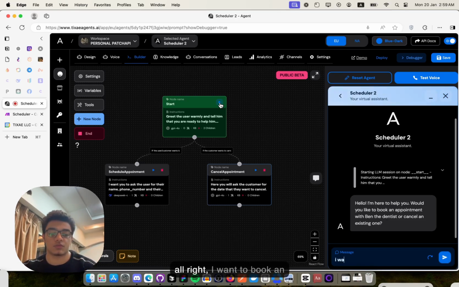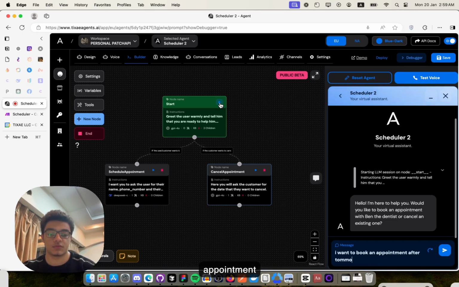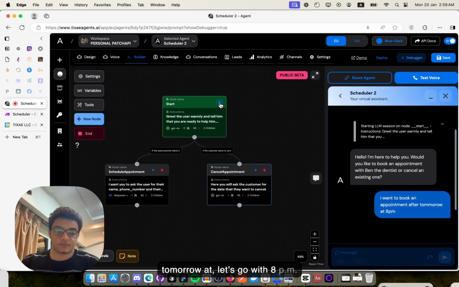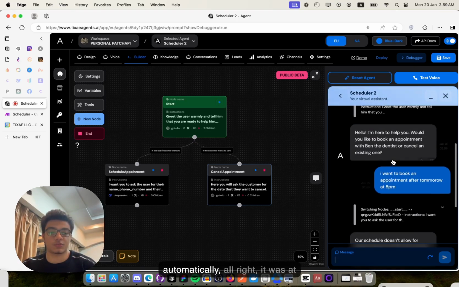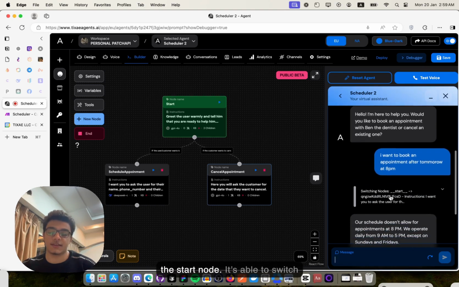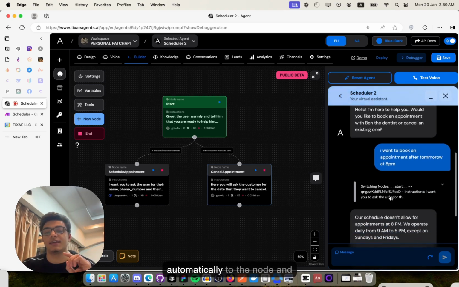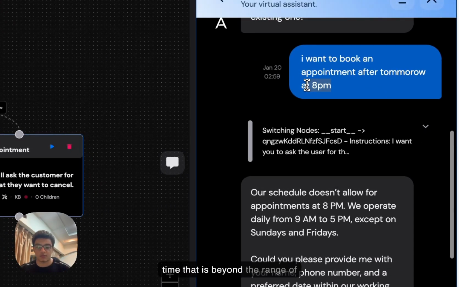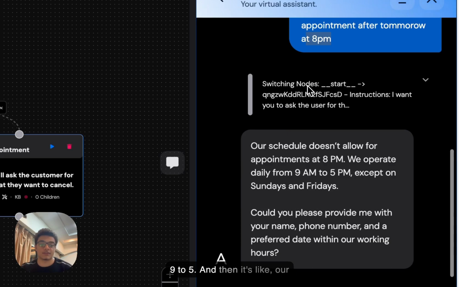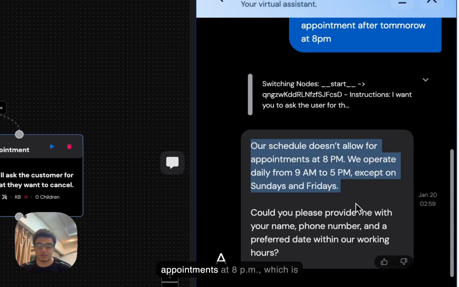All right, I want to book an appointment after tomorrow at, let's go with 8 p.m. Now, as you can see, first of all, it's able to switch automatically. It was at the start node. It's able to switch automatically to the node, and then it noticed that I chose a time that is beyond the range of 9 to 5, and then it's like, our schedule doesn't allow for appointments at 8 p.m.,